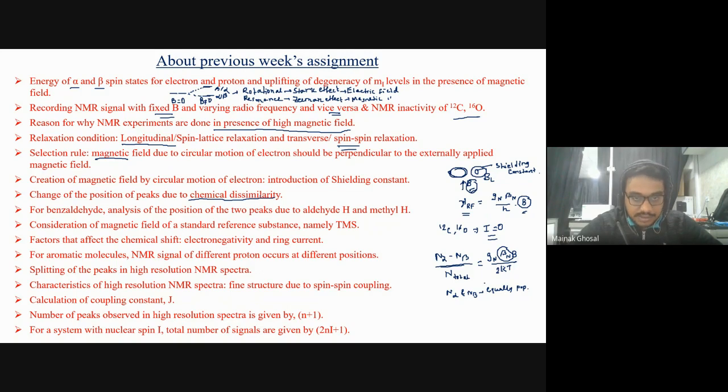Why is there a shift? Because they are chemically dissimilar. Then it was shown that for benzaldehyde, if you analyze the positions, suppose this is benzaldehyde, you know this. So these two protons are not the same. Since this hydrogen is attached to the carbon, if I go through the structure of benzaldehyde,